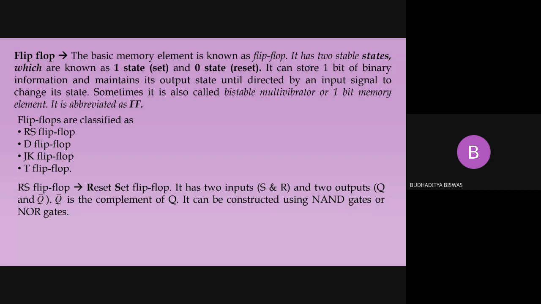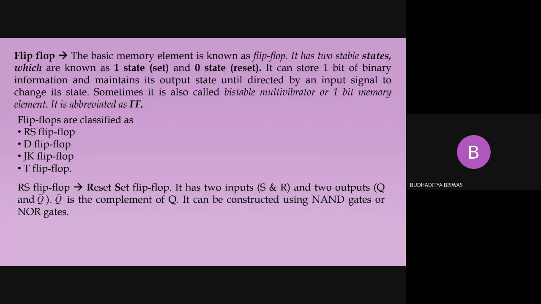But the difference between the astable device and the bistable device is that in case of flip-flop, as it is a bistable device, it can remain in the 1 state for infinite time or the 0 state for infinite time if the input is not changed. Okay, so that means in case of flip-flop, 2 states are there. 2 states means nothing but the output.